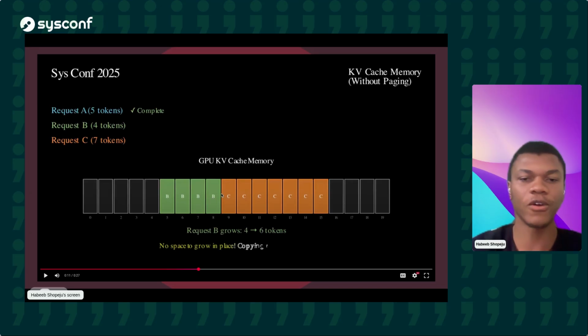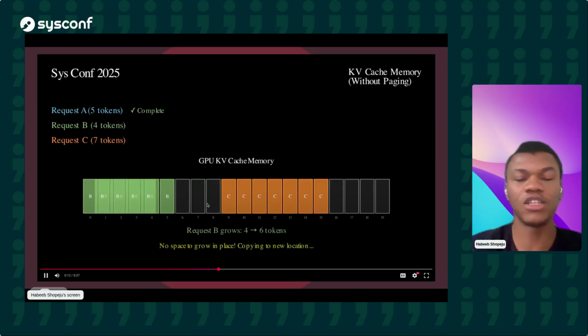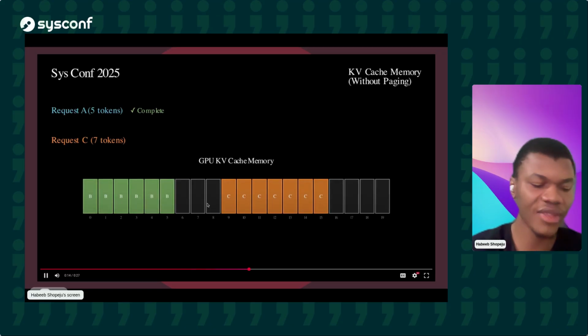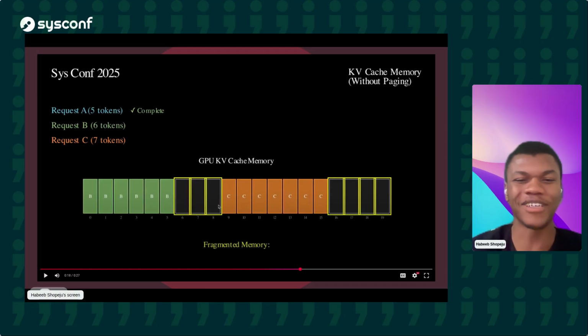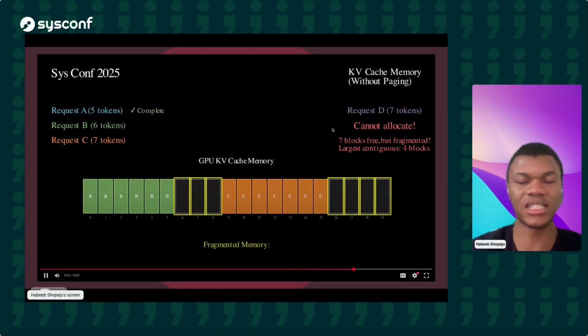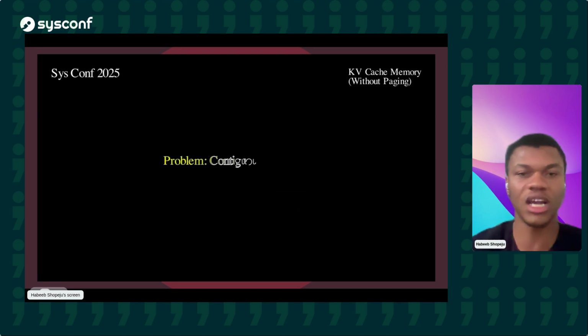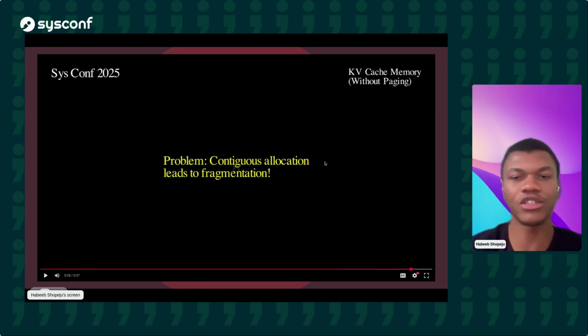But there's no space for 4 tokens to grow to 6. What will happen is it copies into a new location and grows the tokens as required. But there's still a problem here because it's now fragmented. What then happens if you get a request with 7 tokens? You can't fit that into memory. But there's space, hence it's quite wasteful because it can't work anymore. So contiguous allocation leads to fragmentation.